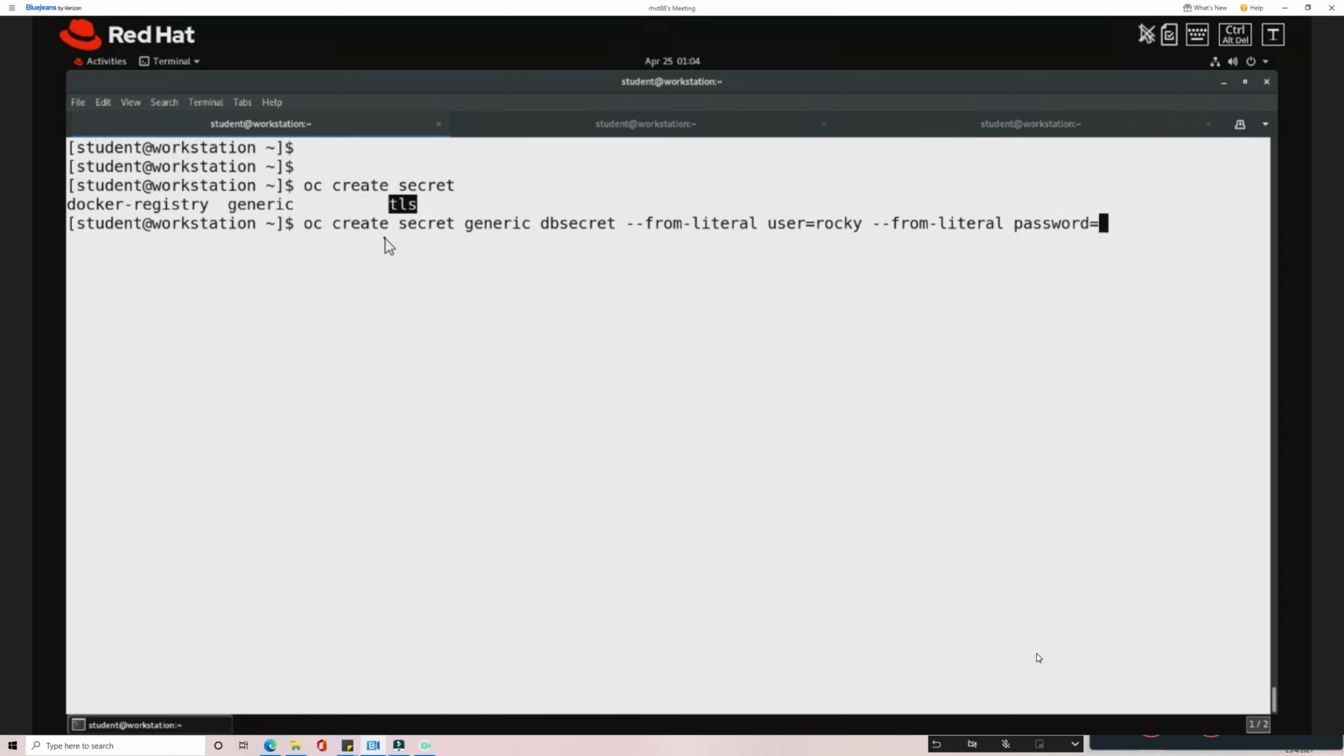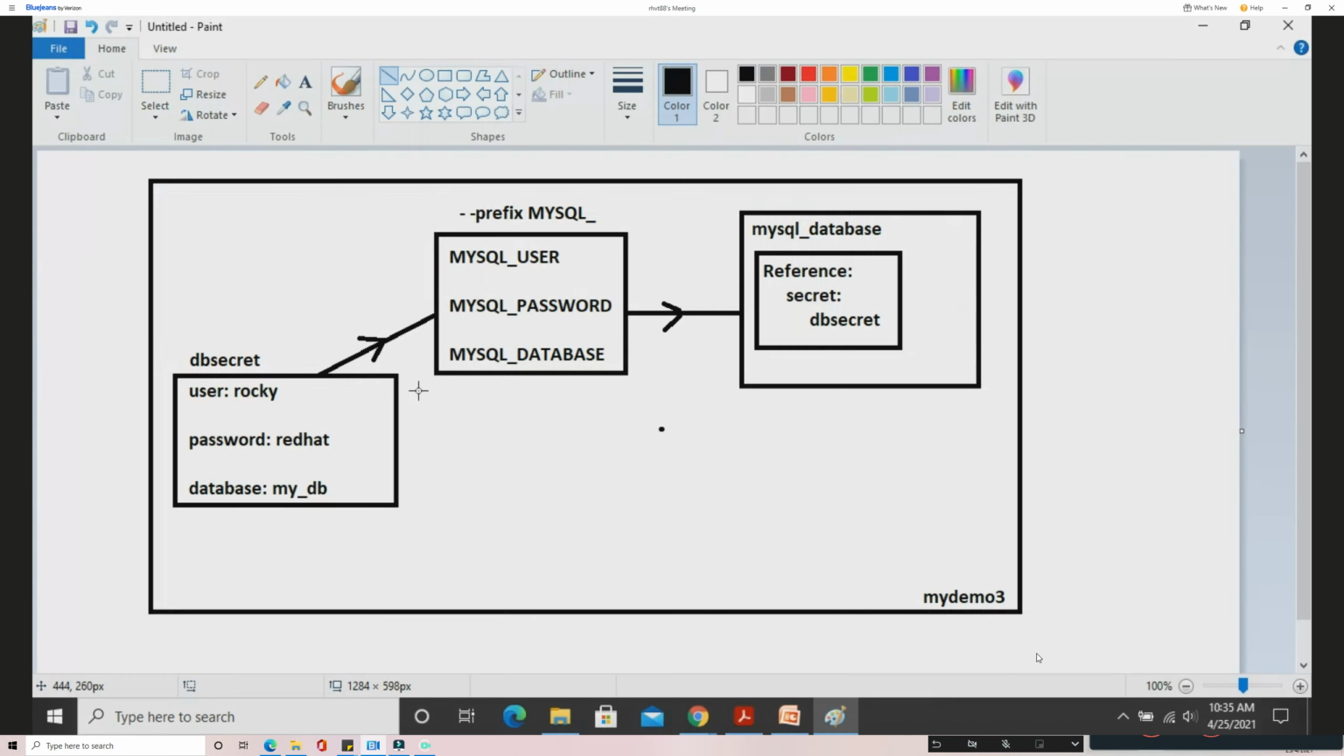The password I'm going to say Red Hat, and from literal, the third value will be database. The database I'm going to say my_DB. So here I'm creating this secret. Okay, so I'm going to create the secret, and later on I'm going to consume this secret to the or